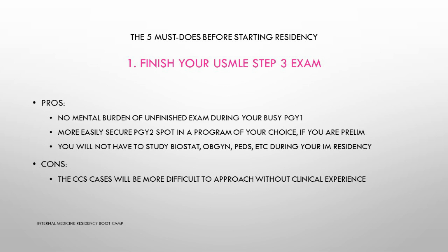So, to sum it up, the pros for passing Step 3 before July 1st are that you will have no mental burden of unfinished business during your busy PGY1 year. Easily secure a PGY2 spot in a program of your choice, if you are preliminary. Preliminary means that you are in the current program only for 1 year. You will not have to study OBGYN, PED, etc. during your internal medicine residency, because once you're done with Step 3, no more PEDs, no more OBGYN for you,